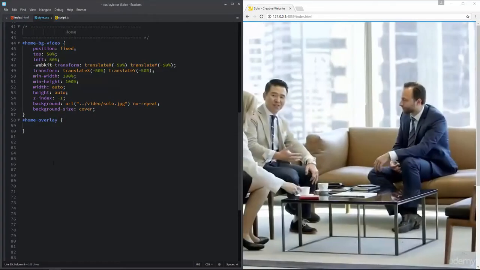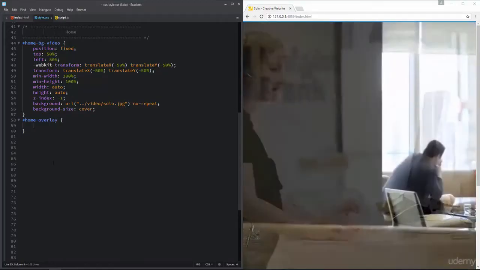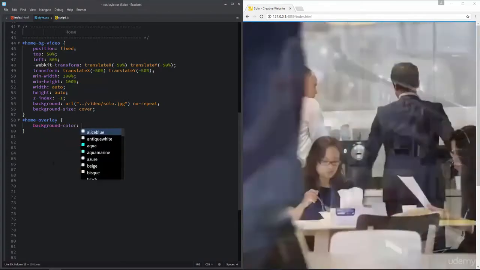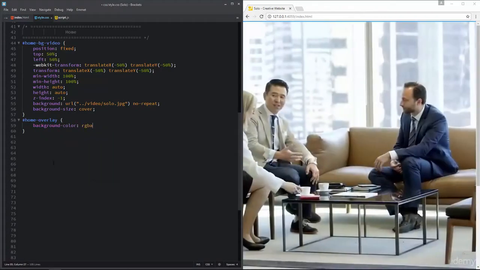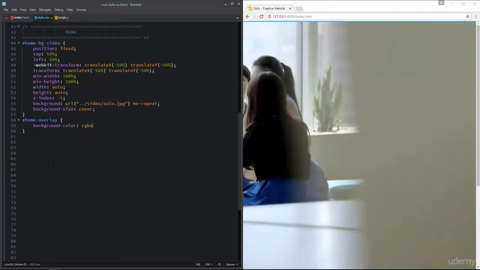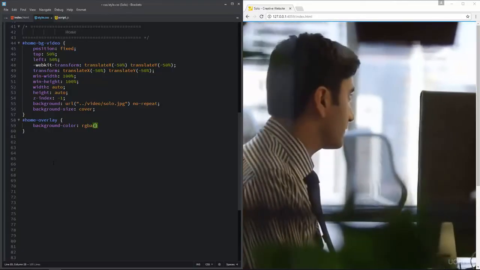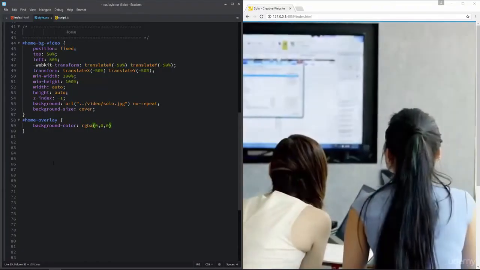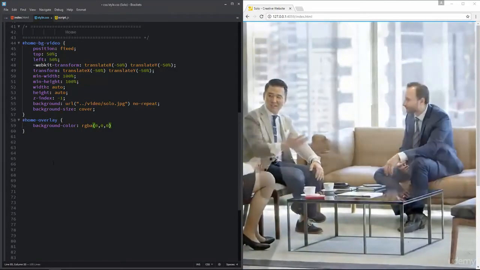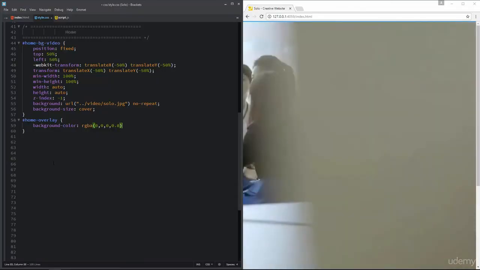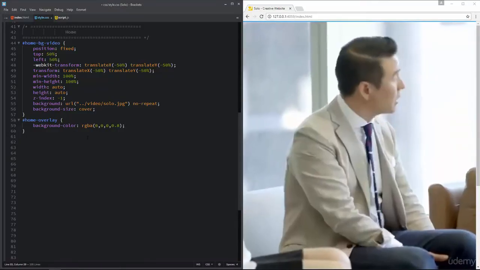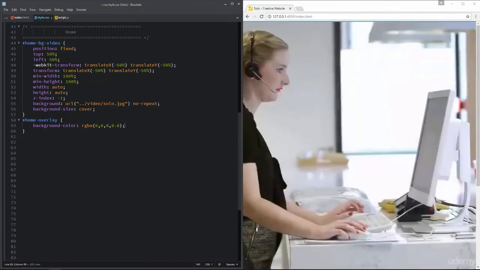The very first thing I want to set for this overlay is a black background with opacity. I'm going to write the CSS background-color property, and the value is RGBA. This is red, green, blue, and A for alpha, which is going to set the opacity for this color. And the values are 0, 0, 0. These three zeros are going to show black color, and we want to set the opacity with a 0.8 value. This is black color with opacity. So it is going to set a black color background for this overlay with opacity 0.8.